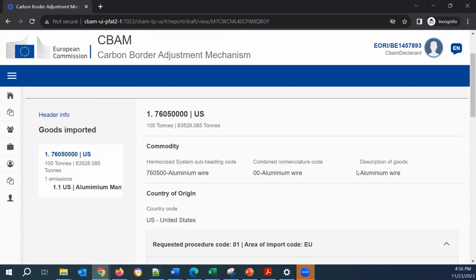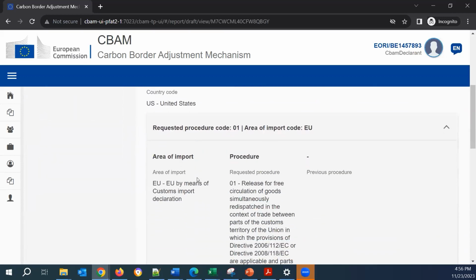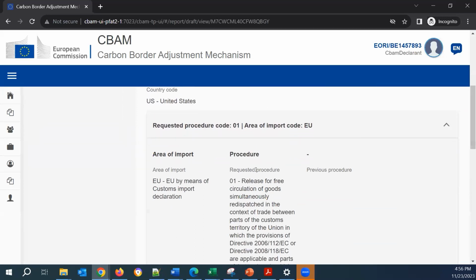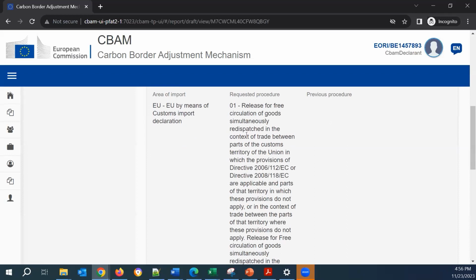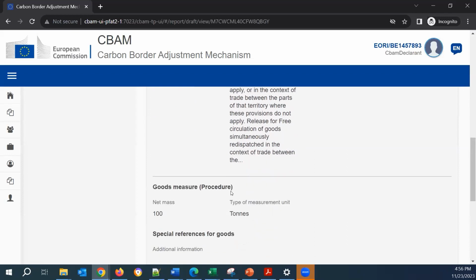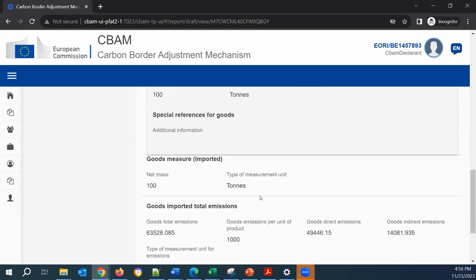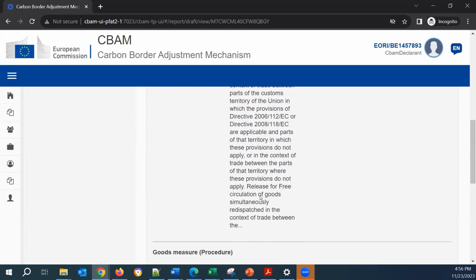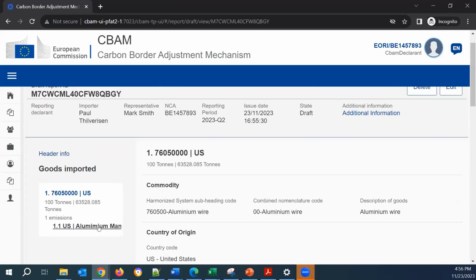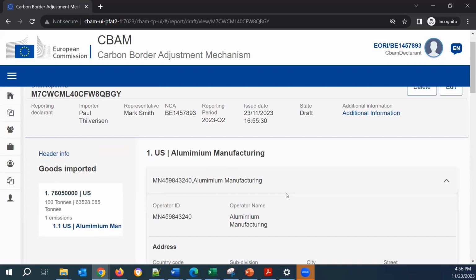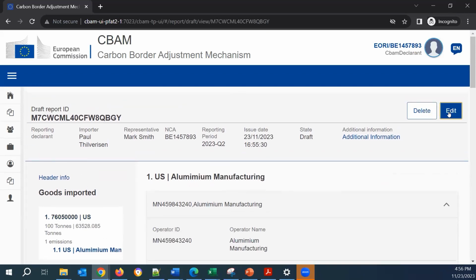This is aluminium wire, the country of origin, which is United States, the requested procedure with the entire description, the quantity under this customs procedure, and so on. And we can also see the emissions in this view mode. Let us edit the report.